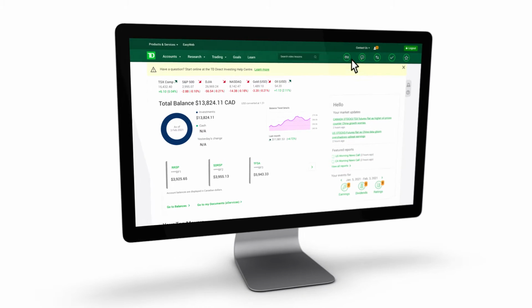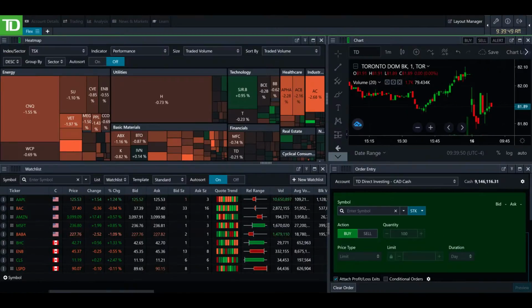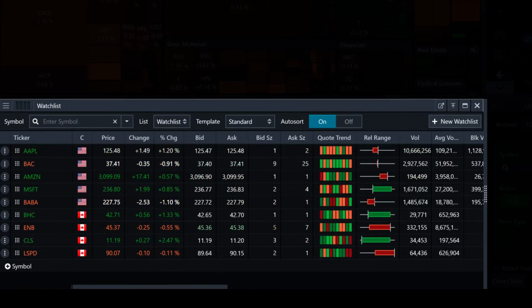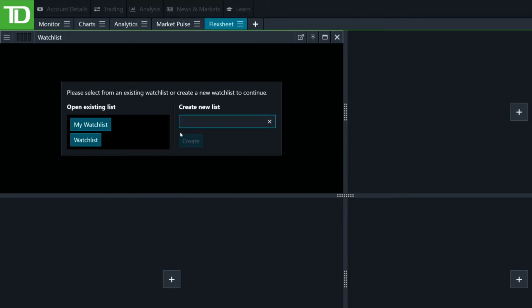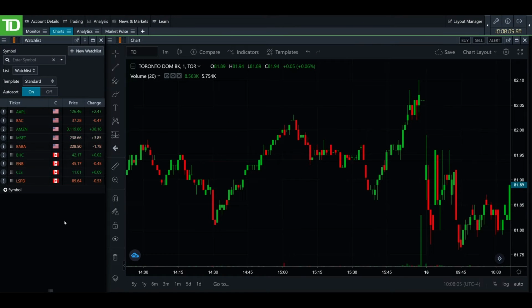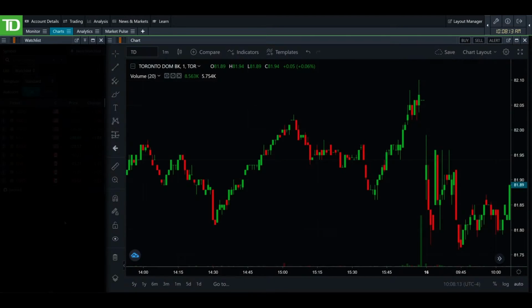After you launch Advanced Dashboard, one of the first things you can do is create a watch list. This lets you monitor many stocks and indices in one convenient location. To create one, add the watch list component to a layout. Or you can find a watch list component in the default charts layout. For now, we'll stick with the default. This is a simple layout with a watch list component on the left and a chart component on the right.